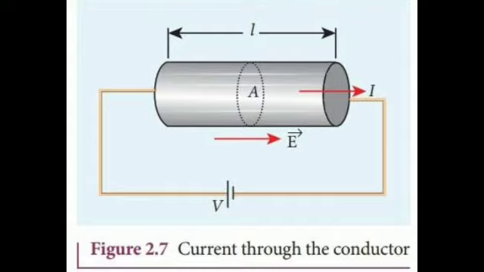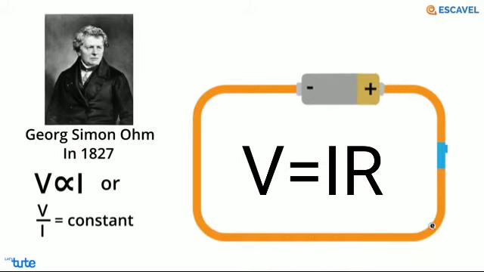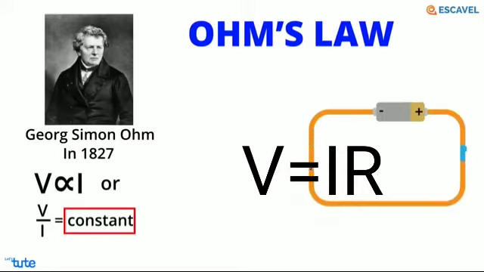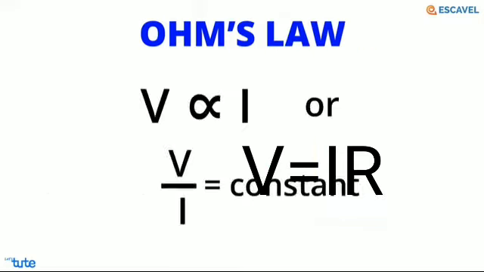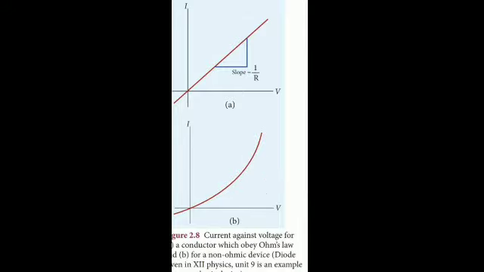Consider a segment of wire of length L and cross-sectional area A. When a potential difference V is applied across the wire, a net electric field is created in the wire which constitutes the current. For simplicity, we assume that the electric field is uniform in the entire length of the wire. The potential difference can be written as V is equal to EL. The magnitude of current density J is equal to sigma E, which is sigma V by L. Here, I by A is equal to sigma V by L.